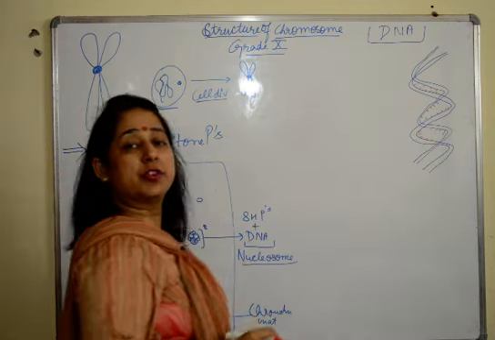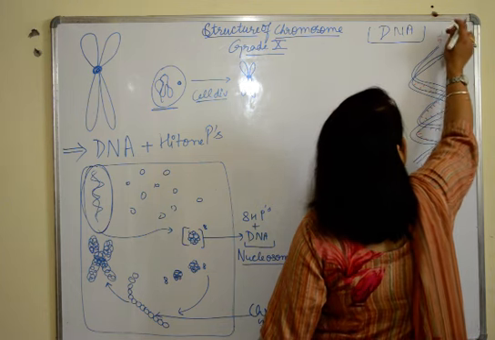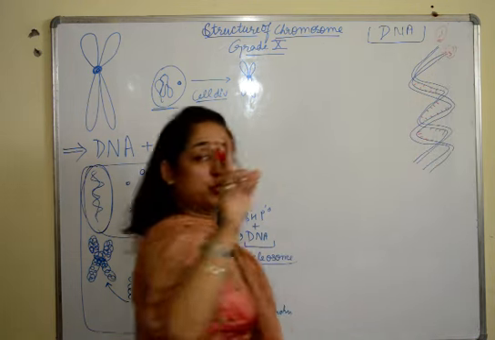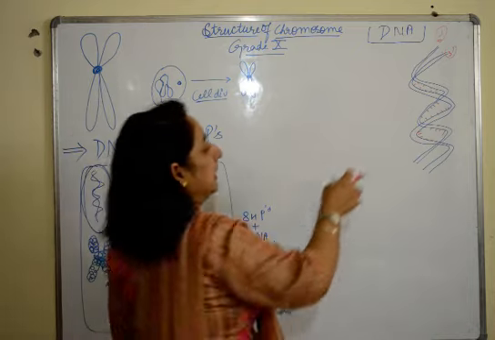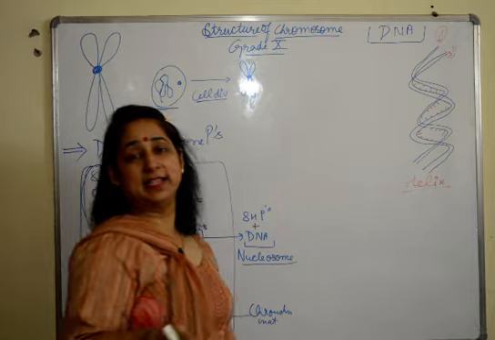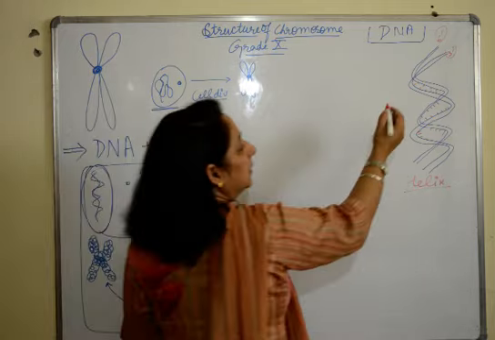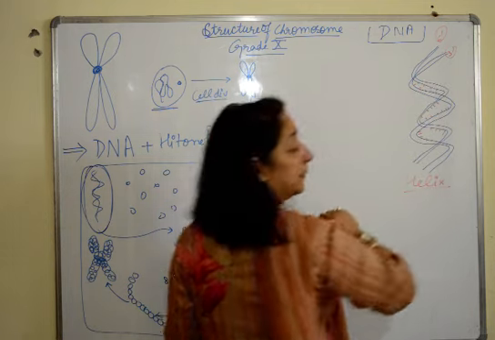So this is a structure. So what do you need to know? That DNA is a double stranded structure. There are two strands which coil around each other, and it is a helix. It is also called a double helix. It is a helix or a spiral structure which has nucleotides present here.